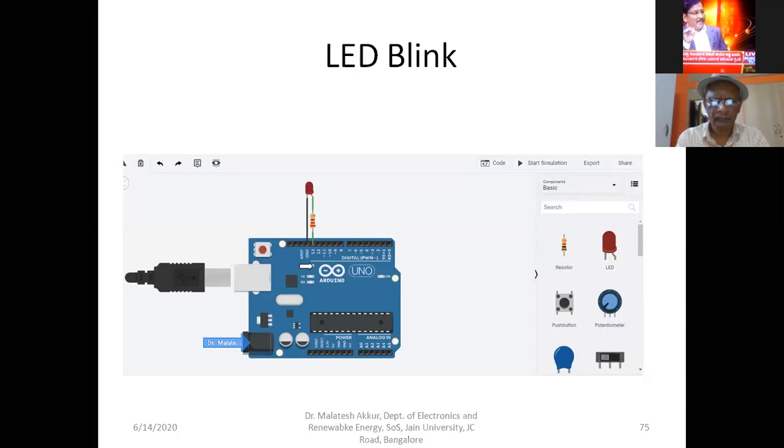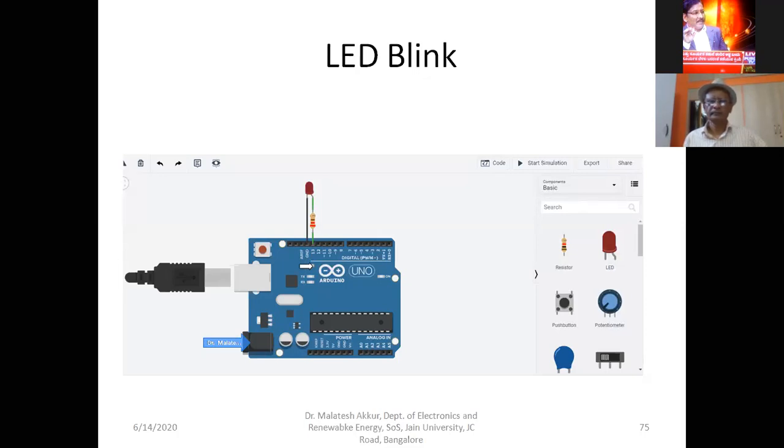Before going to this, I'll show a video. Since the real hardware is not with me, as I am in a remote place, in a village. In the previous sessions in Bangalore, we discussed the real-time Arduino boards also.